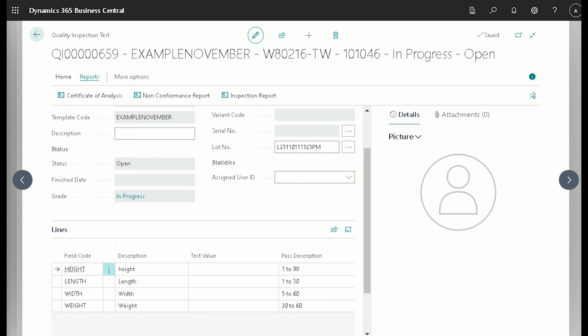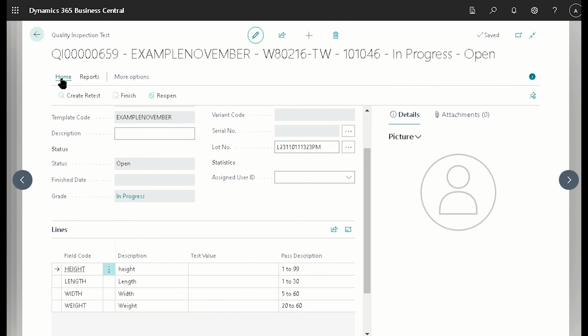Okay, so we have those values filled out now. So now we're going to fill them in as a human. So I'm going to write in some values. And we're now going to scan that in.